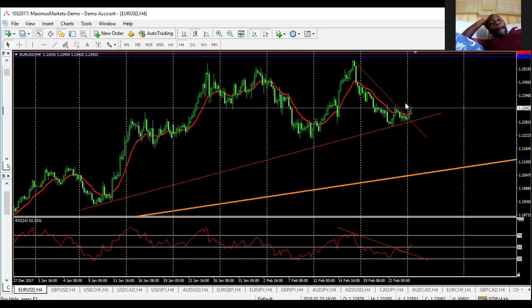So it's very important that at every resistance for an uptrend, you take your profit. For every support at downtrend,